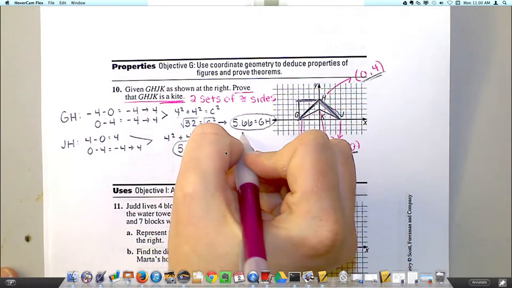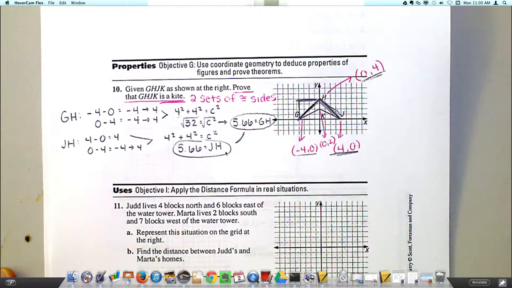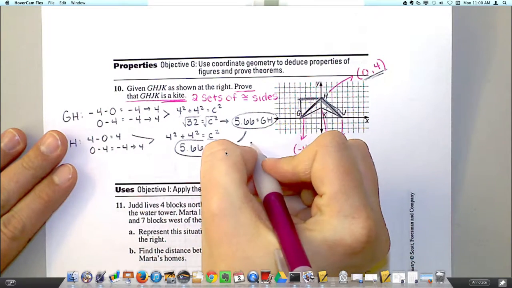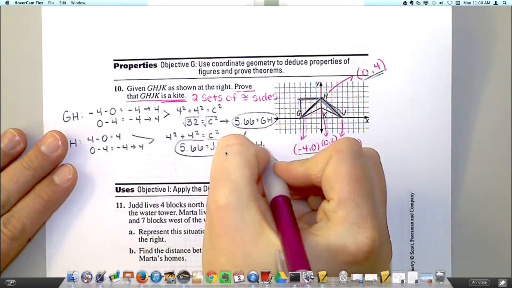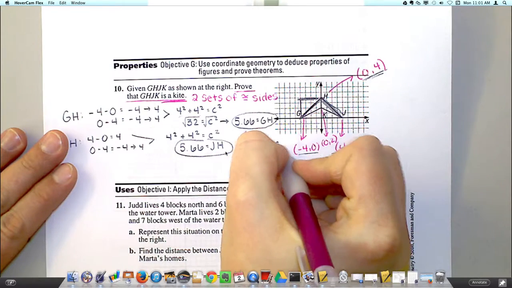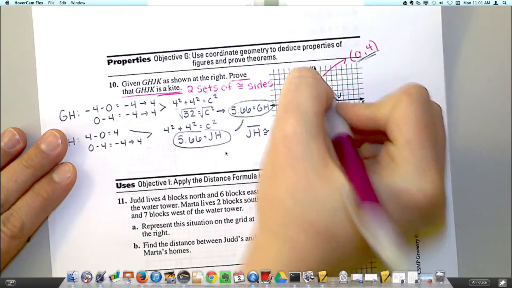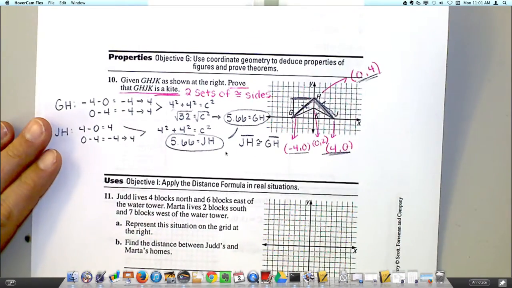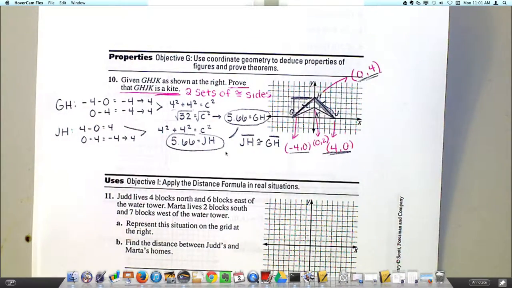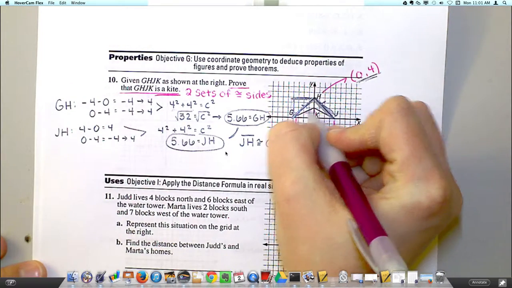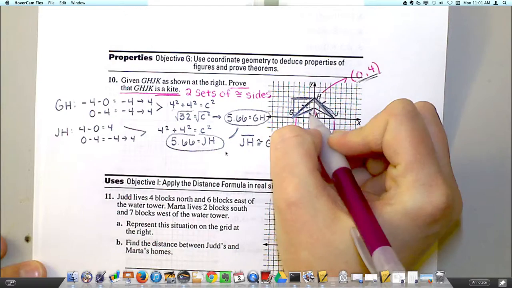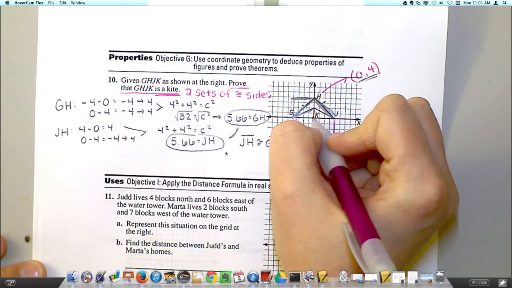So now based on these two things, I can make the statement JH must be congruent to GH. That's what I just showed, is that these two sides are congruent. Okay, that's sort of half my battle. So I showed that those two are congruent to each other. All right, I'm going to do the same thing with the other two sides, and this might start to get jumbled here, but let's go GK. Let's go this one. And remember, I'm going to subtract the x's, subtract the y's, which is really just building